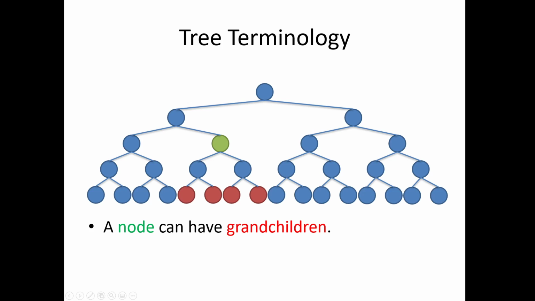So these notions extend. In addition, a node we might say has a sibling if we share parents, or cousins if we share a grandparent. And we could extend that to first cousins, we could extend that to second cousins and so on, although we don't go too much further if we don't need to. It's the same with great-grandfather, great-grandchild. We can extend all these as far as we need to, but usually we limit discussion to be within pretty